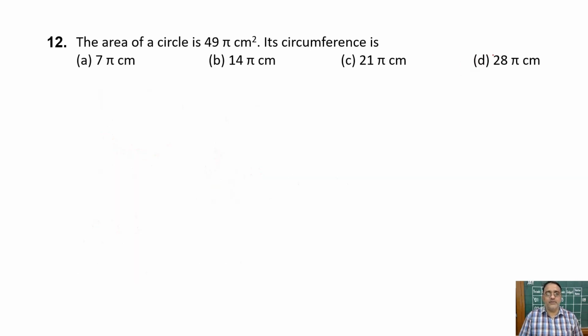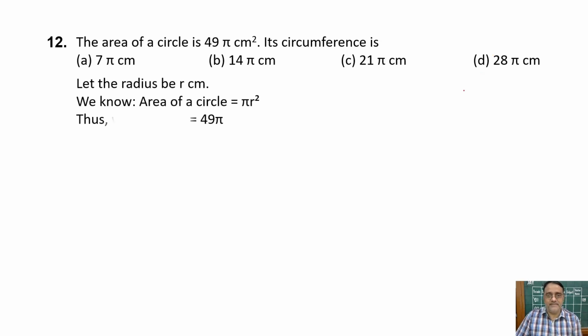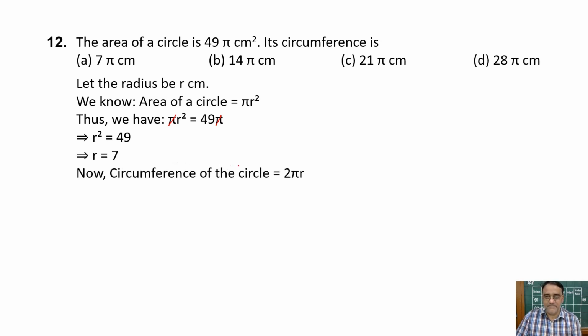So now we are moving toward question number 12. The area of a circle is 49 pi centimeter square. Its circumference is dash. So it's a similar question. We'll equate pi r square with 49. Okay, and pi cancel. So r square is equal to 49. And what is the value of r? 7. 7, right. And the circumference we know that it is 2 pi r. सो पाई क्योंकि सारे जो ऑप्शन है उसमें पाई ऑलरेडी दिया हुआ है, इसलिए हम लोग केवल r substitute करेंगे. So we will get 14 pi and the correct option is